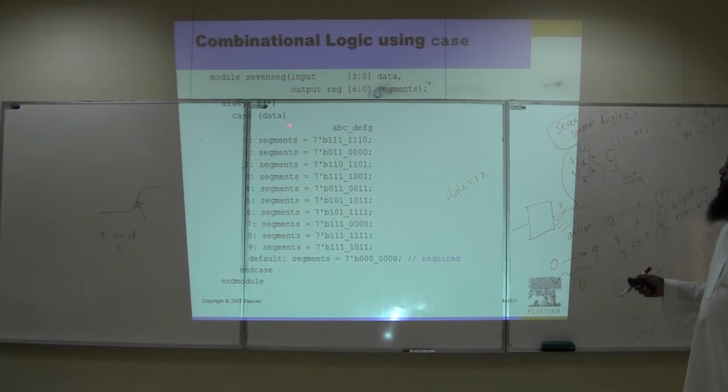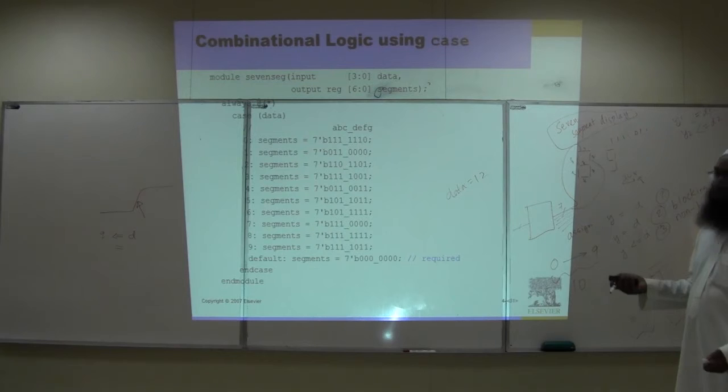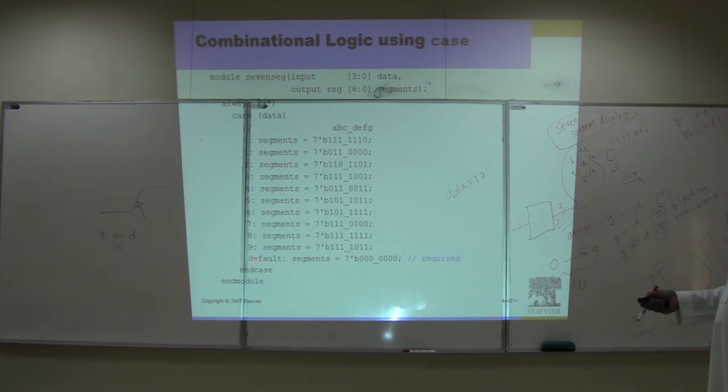Yes. So if you give here data 12, it cannot show 12, right? So in that case, what to do? We have something called default. See, from 0 to 9 we have, and we have a called default. Default colon segments equal to all 0. All 0 means blank, nothing. No output. So default means